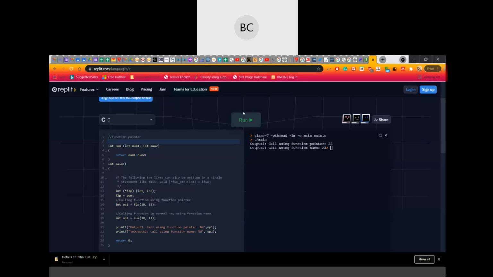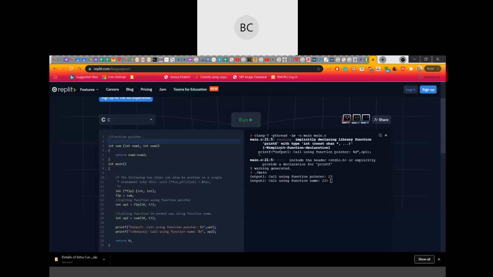Remove it again. See the error. What is it saying? Implicitly declaring library function printf with type int. Okay, but see the first thing: implicitly declaring library function. printf is a library function, but you didn't include it. stdio.h is the, see here even it's written, include the header stdio.h or explicitly provide a declaration for printf.